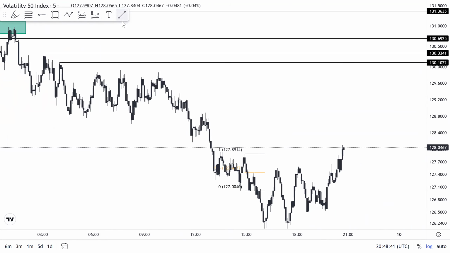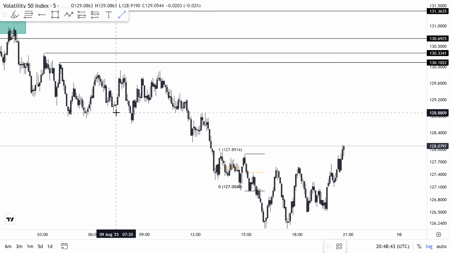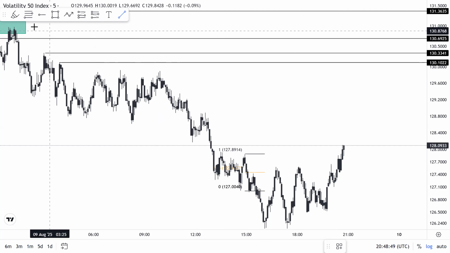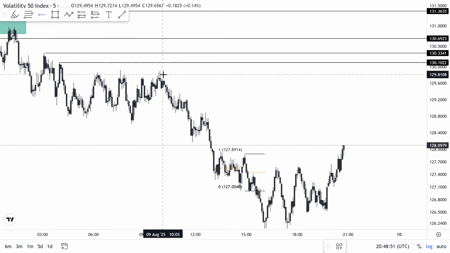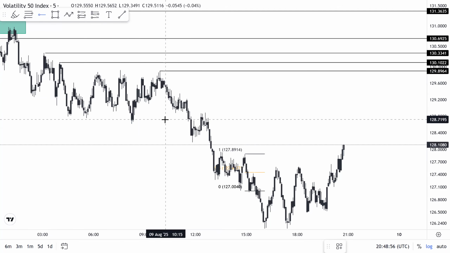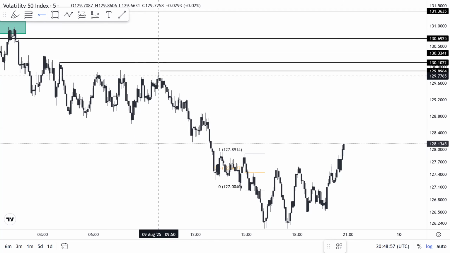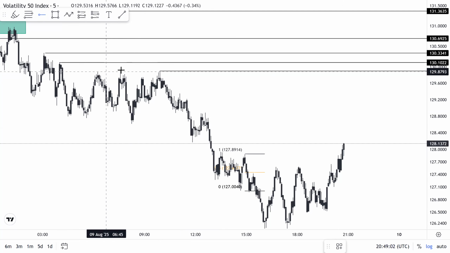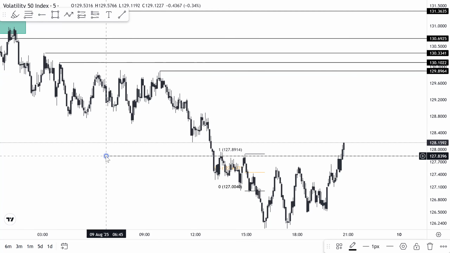So now you have this. Let's assume you have a sweep of this high and a break of market structure. You want to see what your structure is inside the sweep and break. Something like this is not valid. I saw someone trying something like this, was it last week or so? Please, this is not valid. You're just going to hit your stop loss. You want to see your structural liquidity inside your sweep and break, not something like this here, because there's no point putting your POI here. You're just going to hit stop loss.